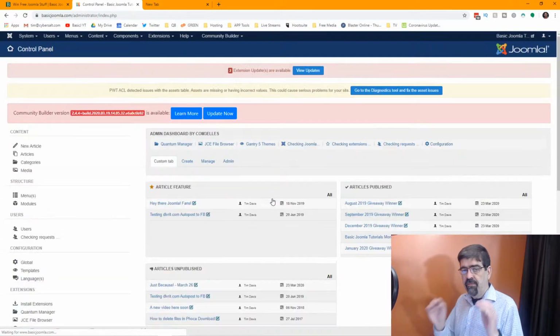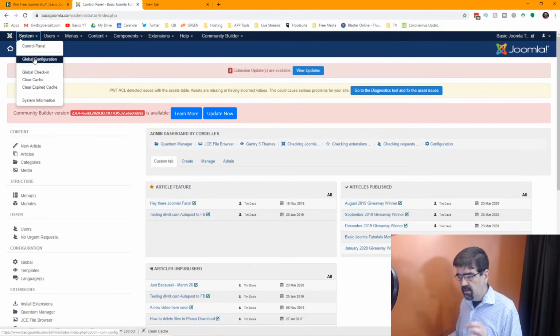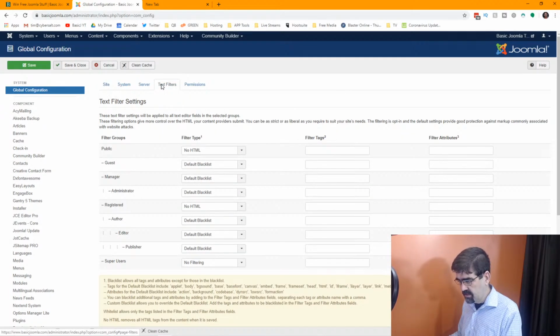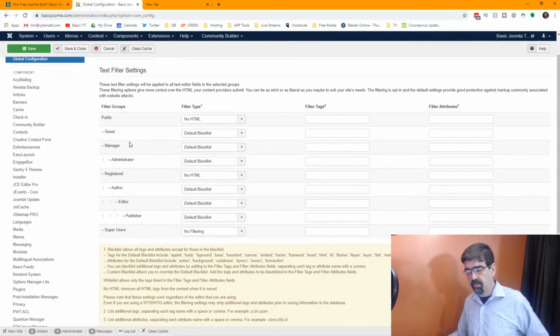And so the very base root setting that blocks iFrames is in the system global configuration. Look at that. I've got a bunch of things to update. And then text filters. And now here you will see for each of the different groups that you have set